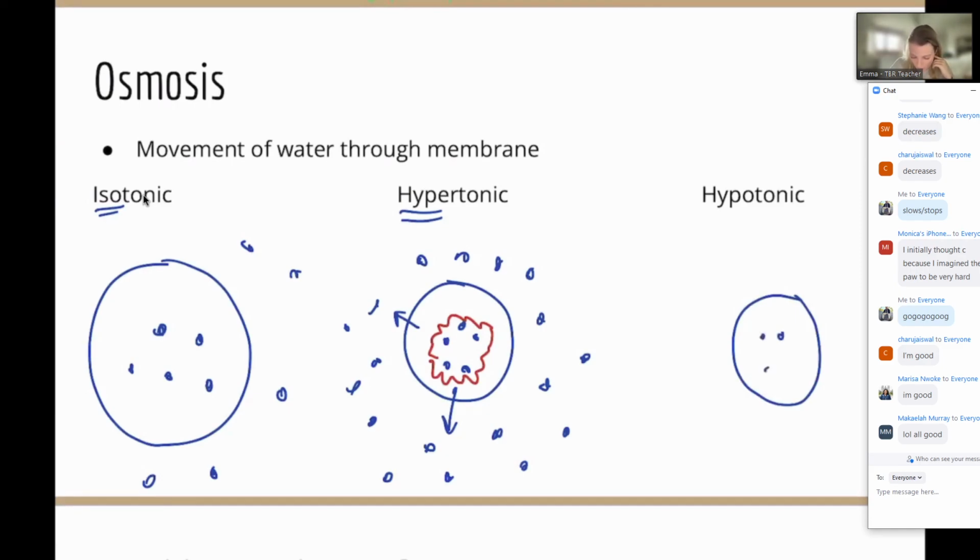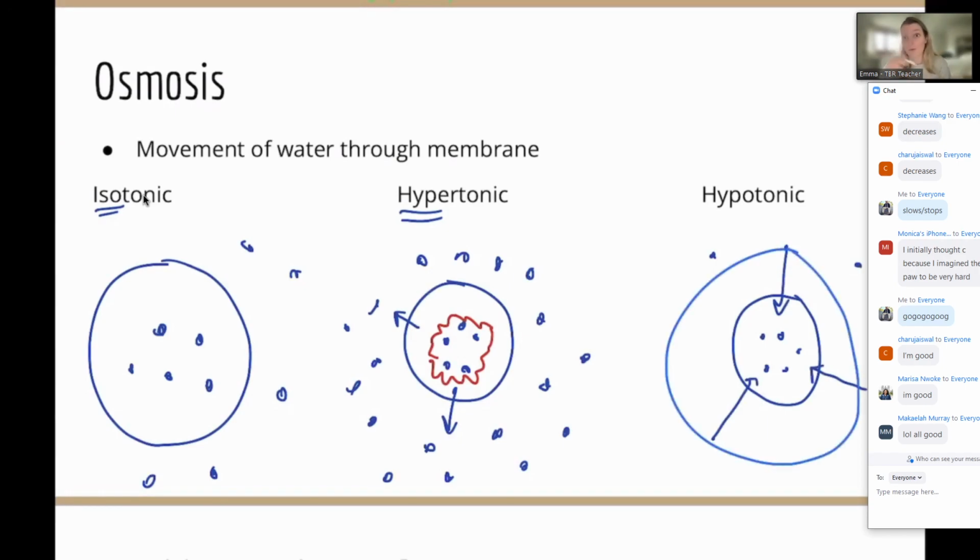So you still have 1, 2, 3, 4, 5 inside, but this time we maybe only have 2 molecules outside. Obviously the molecule number doesn't change. It's the concentration that matters. So a lower concentration outside means that water from the surroundings is going to move into the cell to create this balance. And therefore we're going to have what's always drawn as a really large, blown up cell, and there is a potential to rupture here.